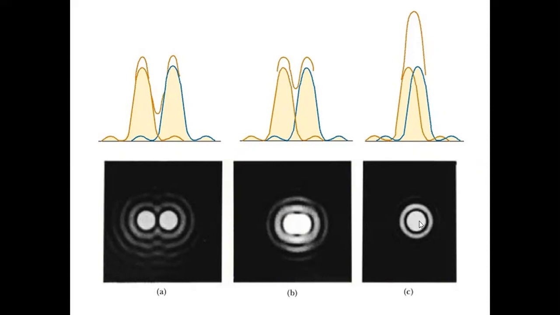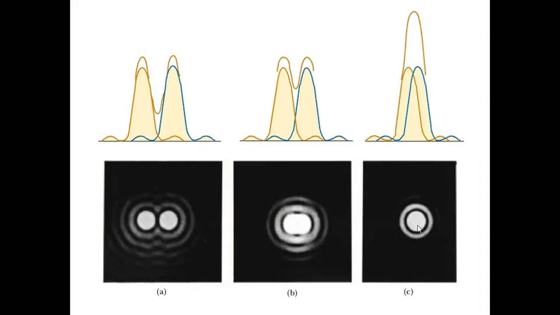What about the other headlight? It will also form its own central bright fringe and less bright other fringes. Now, what happens here is an unresolved condition. What do you mean by unresolved? The two objects are seen as a single object, not resolved. Why is it so? Because you see, the central maxima of the two images are overlapping each other, and our eye feels that it is a single object, only a single maxima.